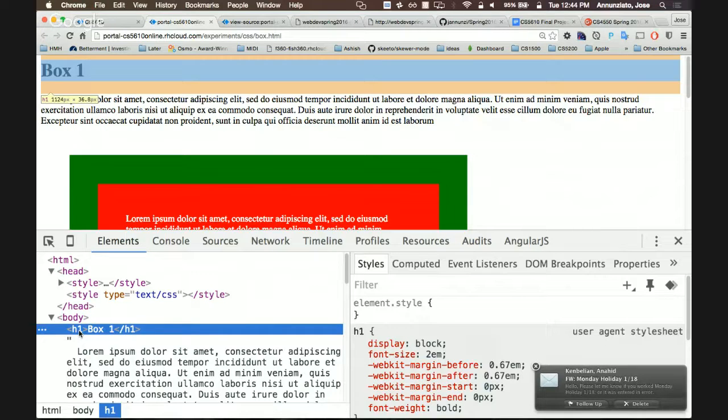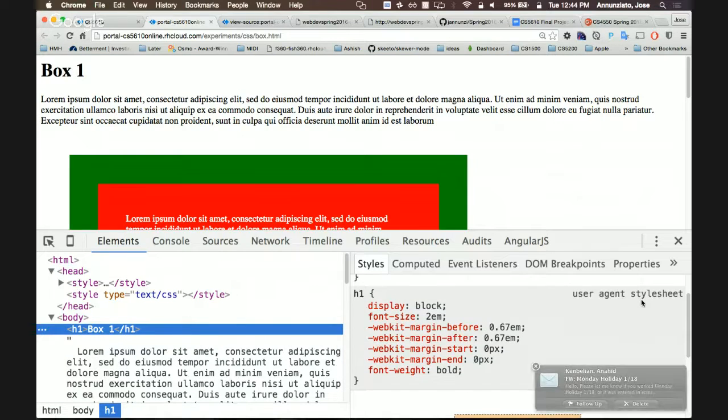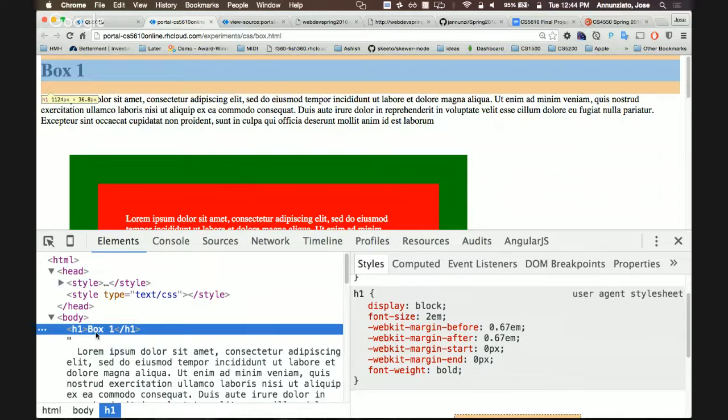See that H1? We know that it's bold, it's big text, right? Well, the way it achieves that is that the browser has its own style sheet. It has a default style sheet that, whenever it sees H1, this is how it renders it, right? It sets the font size, the font weight is bold, okay? It applies certain margins above and below. Some spacing before and after. So before and after, it's adding some padding,